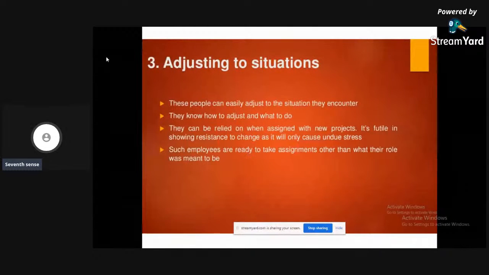And when you are adjustable, you will know what to do, how to do, and when to do things, how to complete. And people will trust you with all the projects. People will trust you with work for you to do alone.